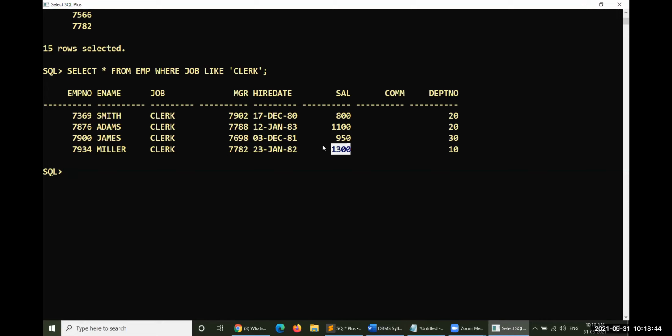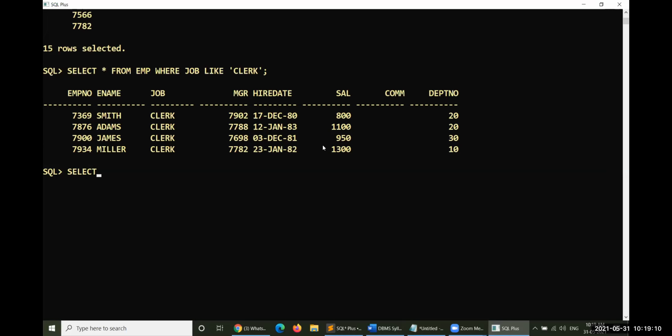So the query will be to display the details of all employees who are getting below the maximum salary of a clerk. Clerks might be getting several salaries, and Miller is taking a huge salary compared to all other clerks. Below that value, any people who are getting it, we'd like to display.